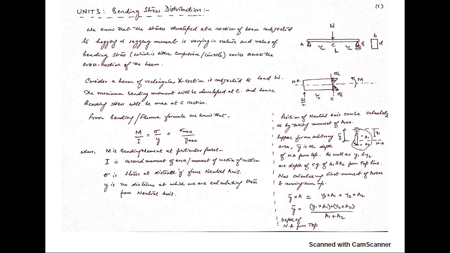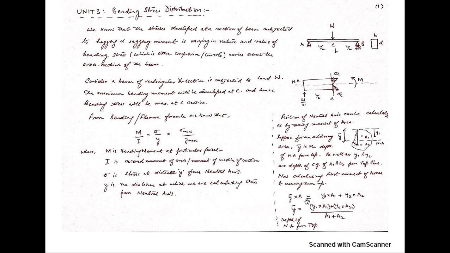So just apply moment about this particular line. Apply moment, the summation of all the moments is equal to 0 about this line, and you will get this equation: y bar into A, this is the first moment of area, and this is the first moment of area for smaller areas, y1 into A1 plus y2 into A2. By this formula we can calculate the depth of the neutral axis from the top. You can calculate it from the bottom also. For that you have to take all the distances from the bottom.